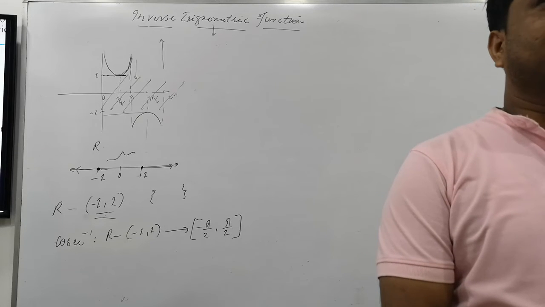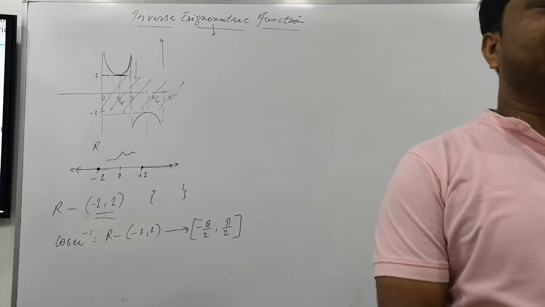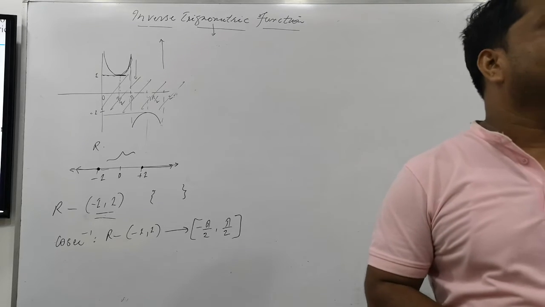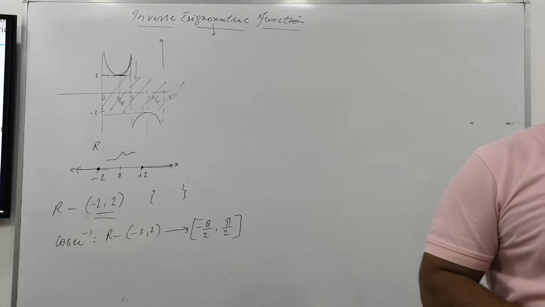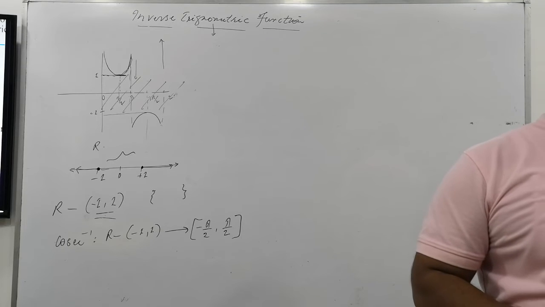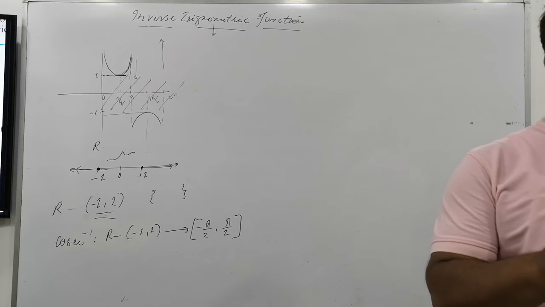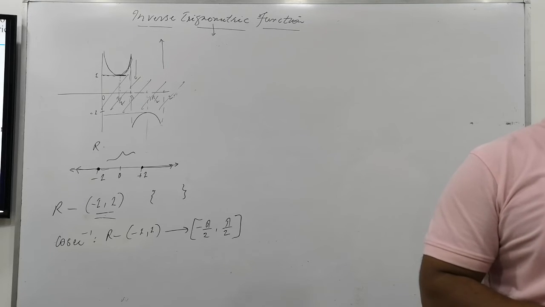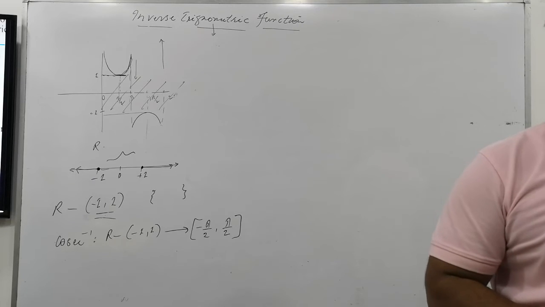A rational number which is written in the form of p by q is called a rational number, where q is not equal to 0, right? But what is the meaning of q not equal to 0? p by q is a relationship, a function type. If in place of q you put 0, this function will not work properly. Is that clear? So such values are not included in the domain.